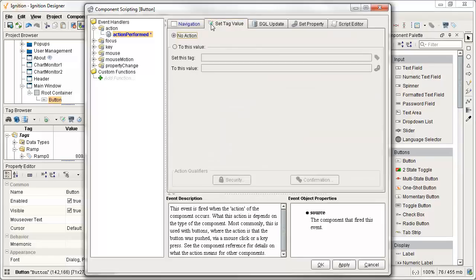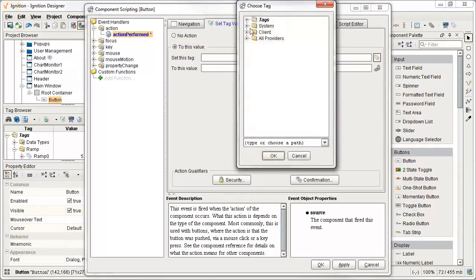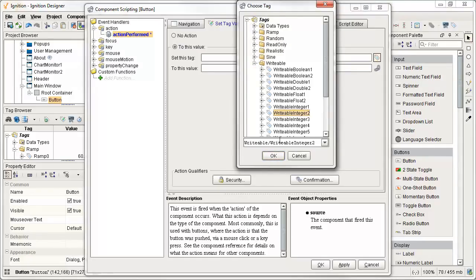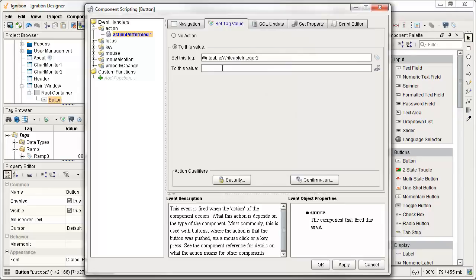The set tag value script builder is used, not surprisingly, to set a tag. So if we wanted this button to set a tag value, we could select this tab, hit this radio button, pick a tag to write to, and it's that easy. So we could say, okay, writable integer 2, and I want to write the value 7,